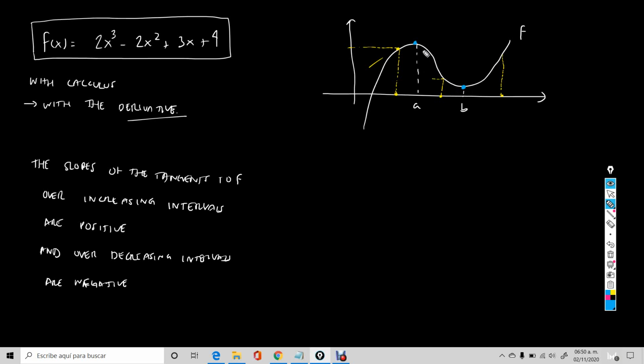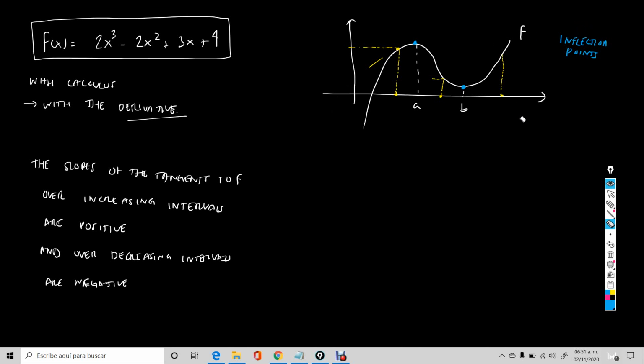And you can see that the function changes behavior once it goes past these 2 points. Before this point, the function was increasing, and after this point, the function was decreasing, and then after this point, it goes up again, increasing. So these are like inflection points. And in fact, those are the proper names. Inflection points, because that's where